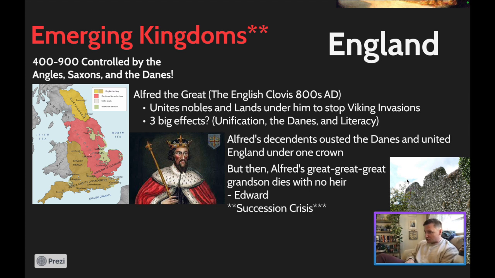He didn't have any children, and also he was married, but he was super focused on his faith. Fun fact, some of you have probably heard of Edward before. Edward was also known as Edward the Confessor. He is the guy that created the position of the Archbishop of Canterbury, and he built this church known as Westminster Abbey, one of the largest monasteries early on in England. And so that guy, Edward the Confessor, because he focused so much on his faith and not having kids, died with no kids left on the throne.